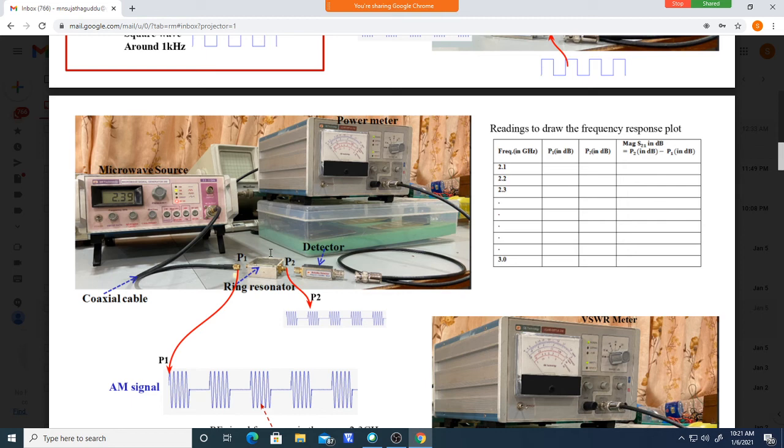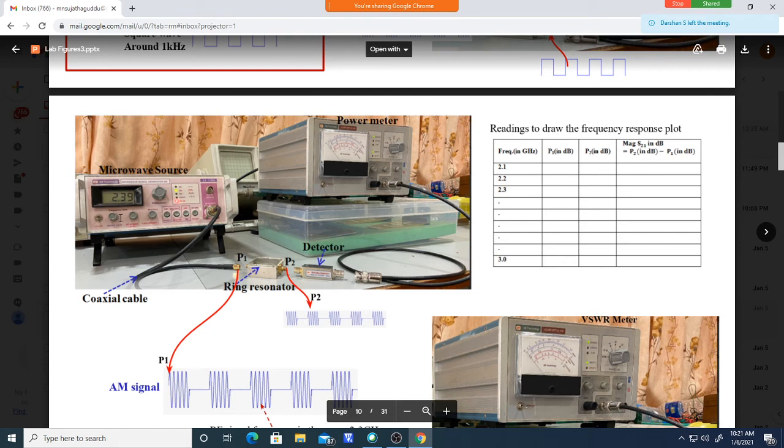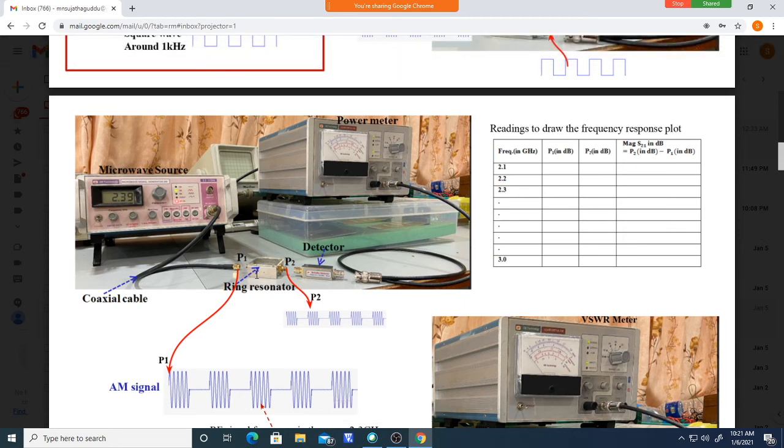This is our ring resonator, for example, the ring resonator I am doing. I am applying the signal here. How much power do I have to apply here? You can apply any value. First you measure the minimum value and the maximum value. As I told, keep it in minimum position, measure how much minimum power is coming. Next, keep it at maximum position, measure it. Any value you can adjust.